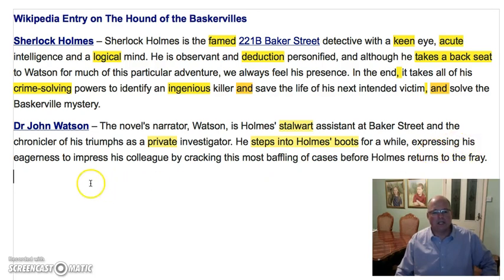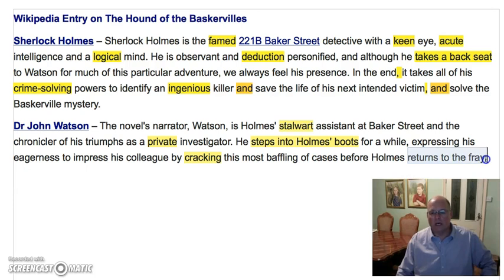So expressing his eagerness to impress his colleague by cracking this most baffling of cases. And again, this is a really powerful verb which works again as a metaphor. A case isn't something that you can literally crack, but it's being presented as something that can be cracked. So this is a metaphorical use of the verb. And then